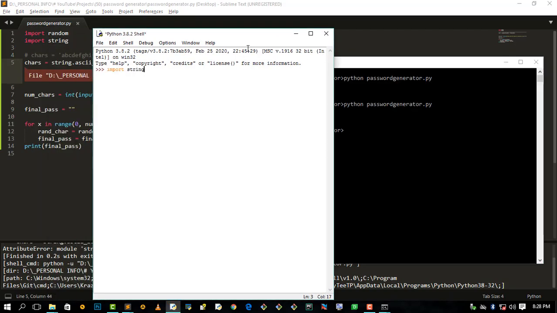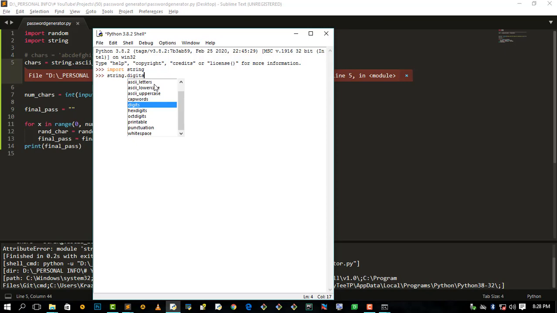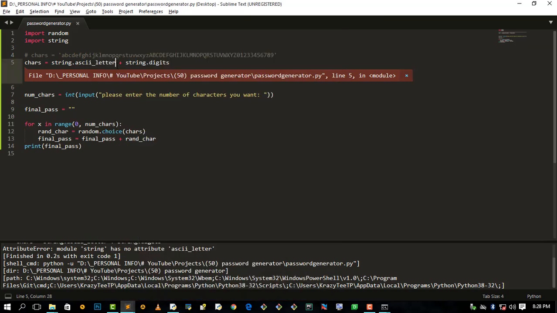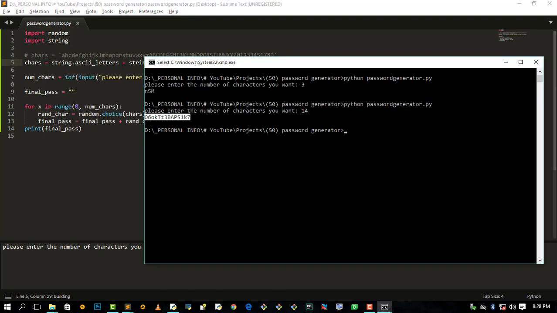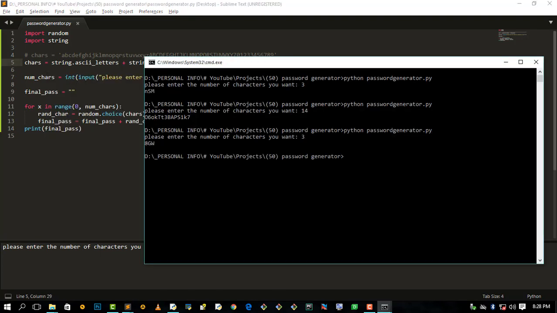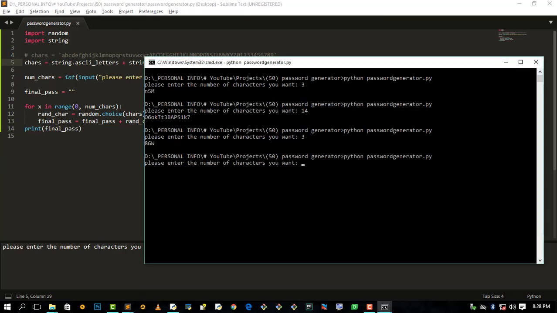Let me say import string, then string dot, plus string digits, string dot ASCII letters. Oh, it is ASCII letters. Then let me save with Control S and come over here. Let me say 3. As you can see now, we also have this A to Z and A to Z. Let me say, whoa, 23. Then we also have this 23